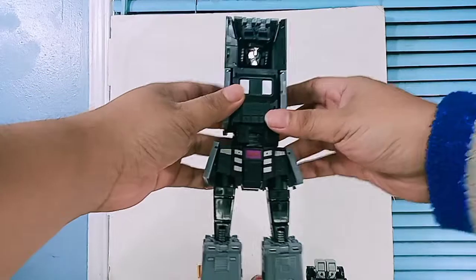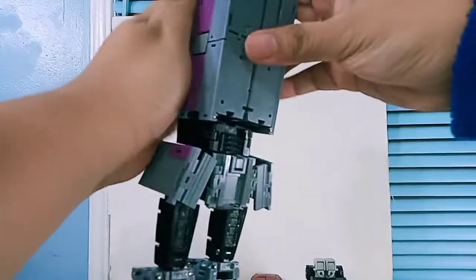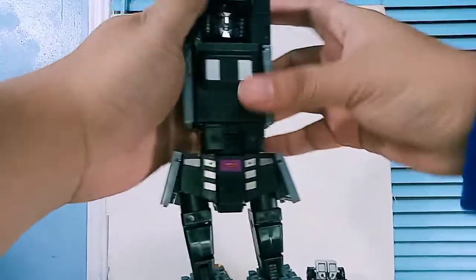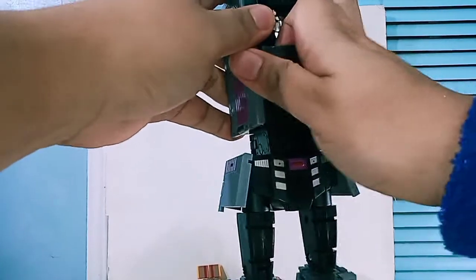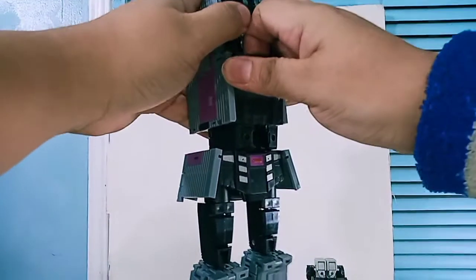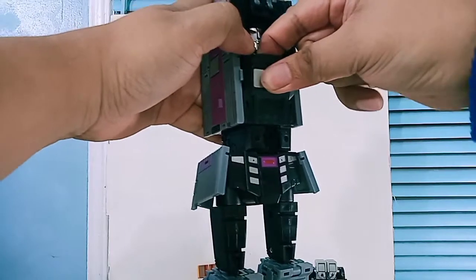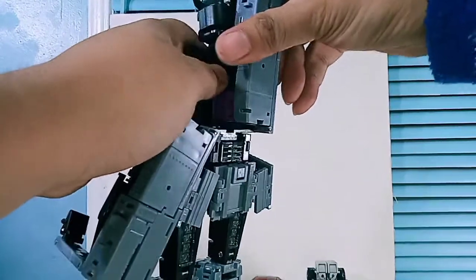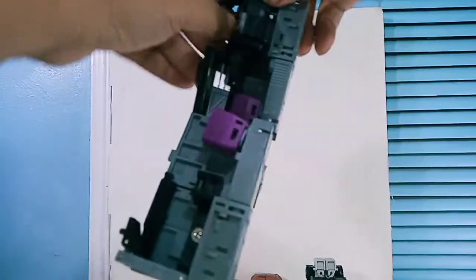So let's start working on this piece right here. All you really want to do is just try to unhinge everything together. There you go. Got it there. Just remove that. It's a little tight, believe me. Oh man, I was super scared that I'm gonna break some of these earlier, but you really want to just do that to that piece right there. Just try to give it some,